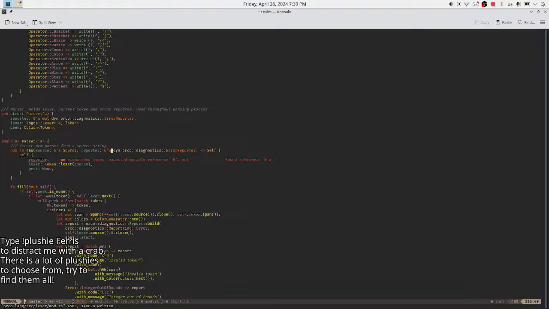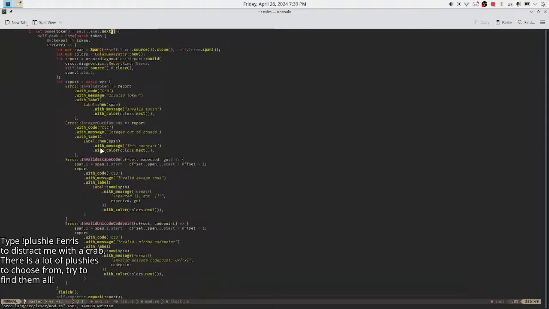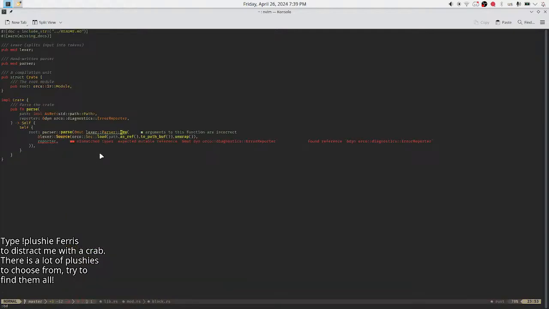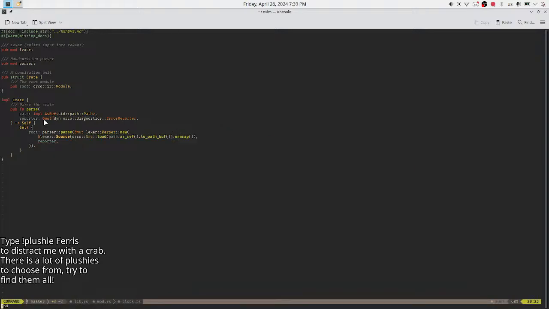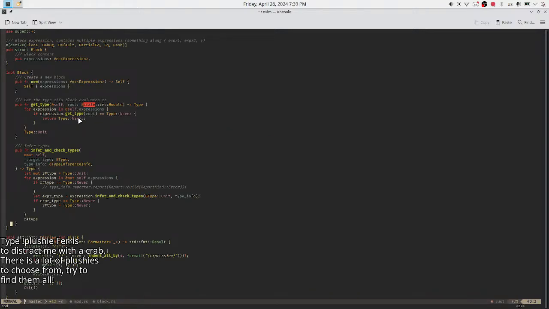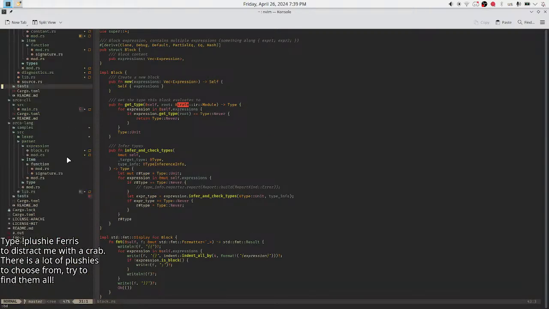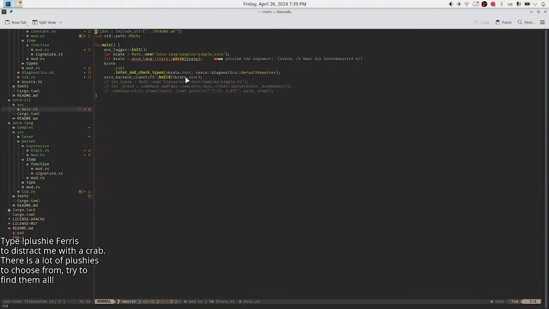But yeah, I should make the reporter a mutable reference. Should the function be defined here? This reporter should be a mutable reference. And then I'll have some errors to fix, mainly in CLI.